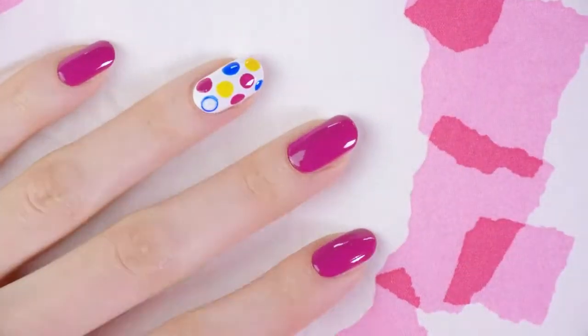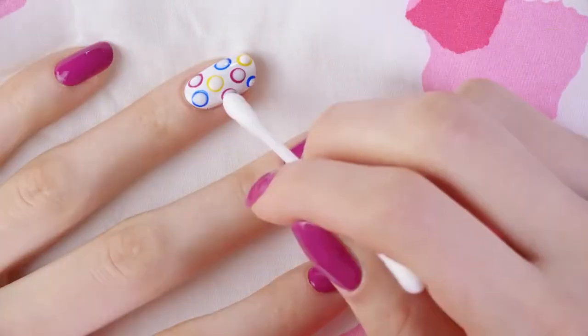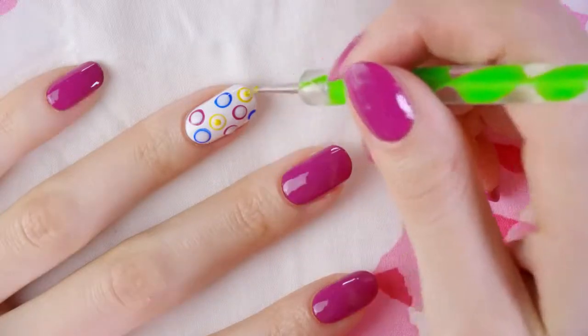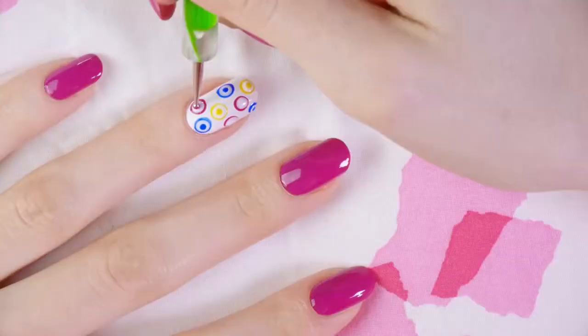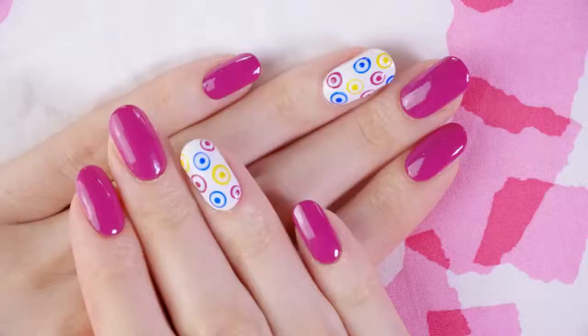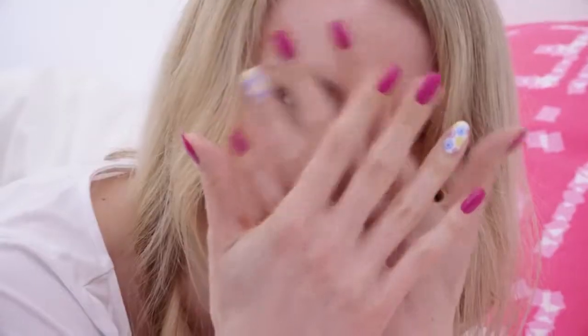When the dots dry, I like to go in with white and make slightly smaller dots inside the bigger colored ones. Lastly, I'm making small colored dots in the center of these rings. My mani took just 10 minutes to make and it looks super cute. By now my hair is all dry and I'm ready to get rid of the funny swirls and get myself some nice beachy waves. For some texture, I like